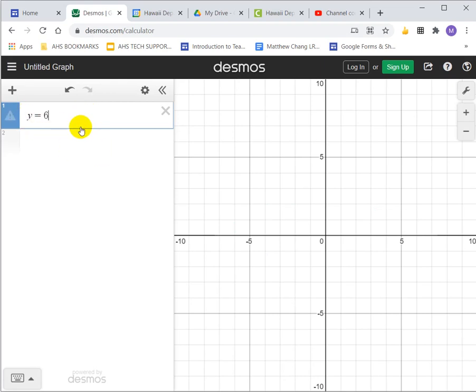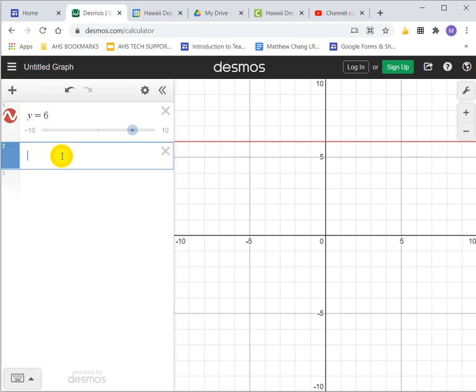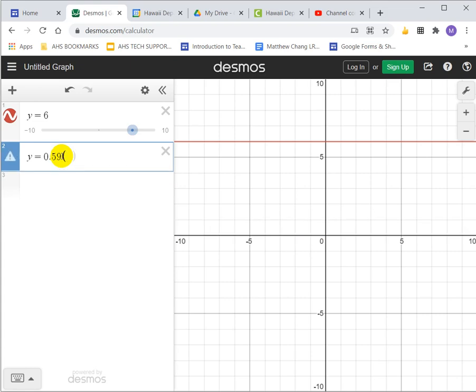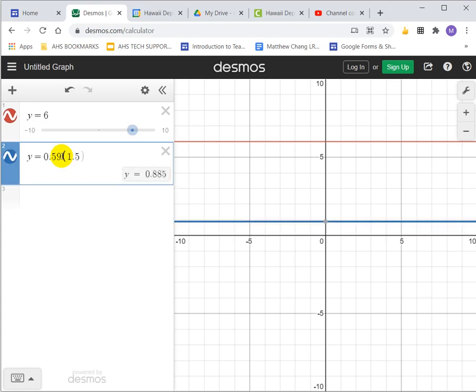And I don't know why it's taking so long. There we go. And then the other graph is y equals, okay, and then we're going to have to put 0.5, 0.59. And then multiplication, so I can put a parentheses, so I can press shift 9 for the parentheses, 1.5, close parentheses, shift 0. And now if we want to raise an exponent, so raise to some exponent, we need